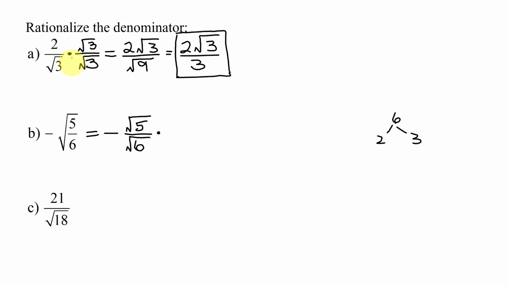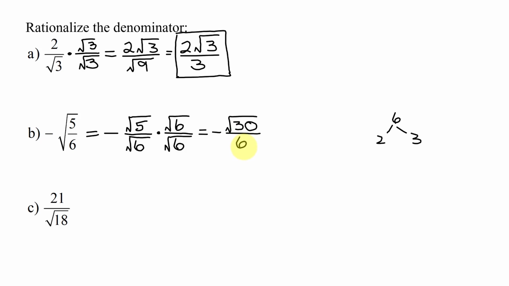So I'm going to use the same process as I used in part A. I'm going to multiply numerator and denominator by the radical in the denominator. So I'm multiplying numerator and denominator by the square root of 6. Remember, this is just 1. And now I'm going to get the negative, the square root of 5 times the square root of 6. They're both square roots. I can multiply the 5 and the 6. I get the square root of 30 divided by, in the denominator, I'm not going to write all the steps out this time. The square root of 6 times the square root of 6 is the square root of 36,